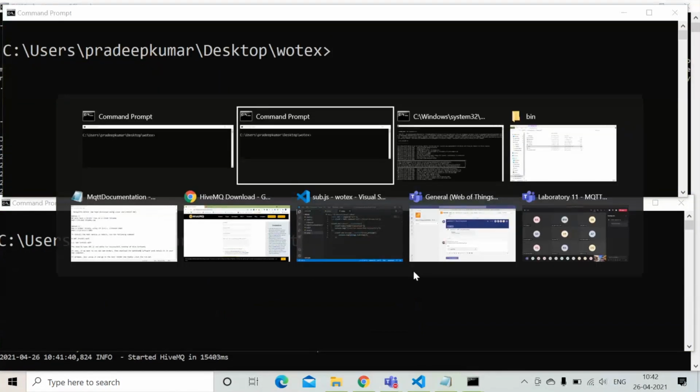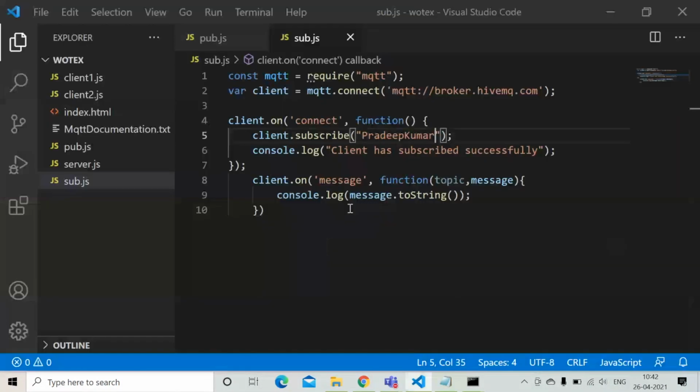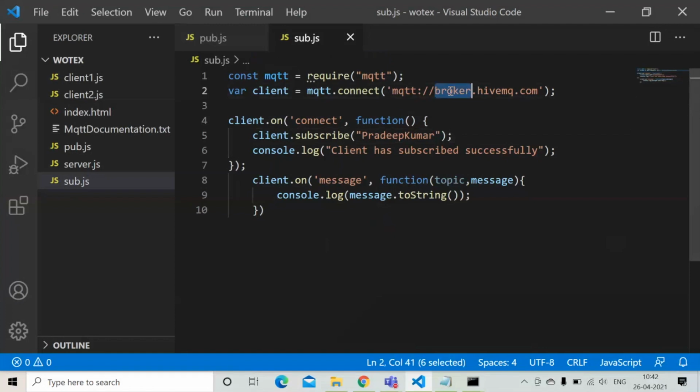Now I'll be changing the source code. Instead of broker.hivemq.com, I'll change it to 127.0.0.1 colon 1883. Even the colon is not strictly needed, but it is always a better programming standard to use the port numbers.